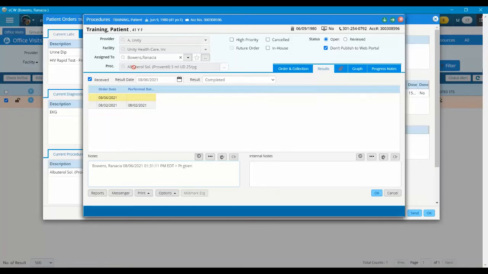what was given, which is the albuterol, how much was given. You can actually highlight and copy and paste using the keyboard shortcuts into the box. So that's my what, my how much, and my route. Okay. I'm going to enter my lot number, expiration date,